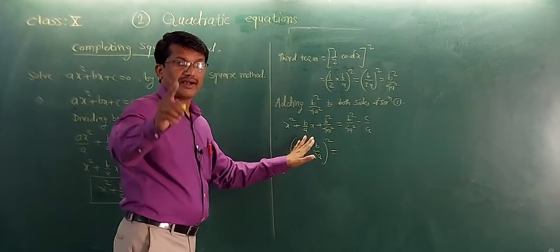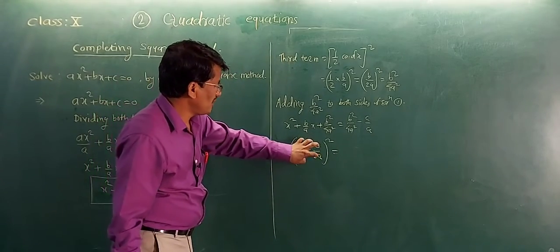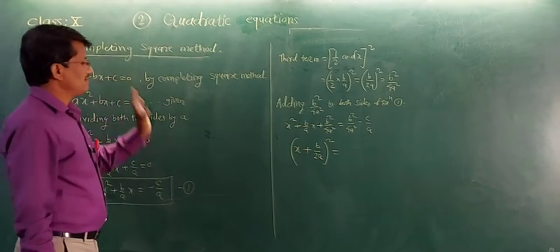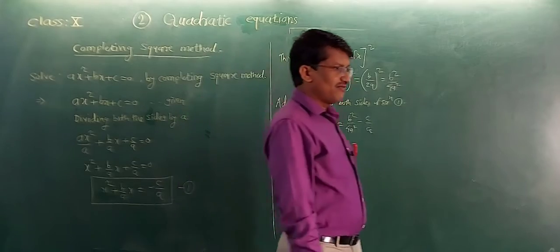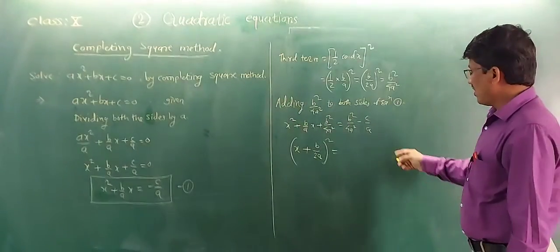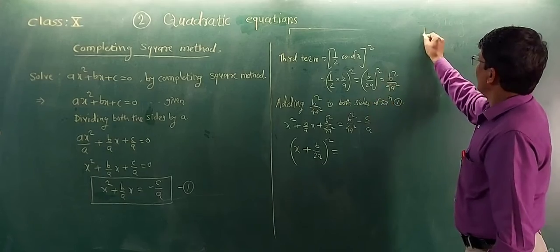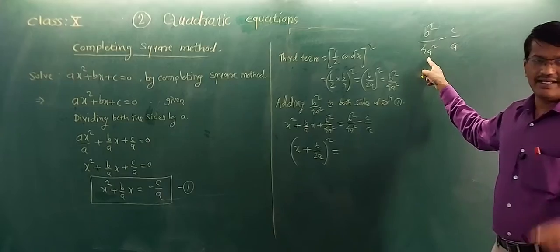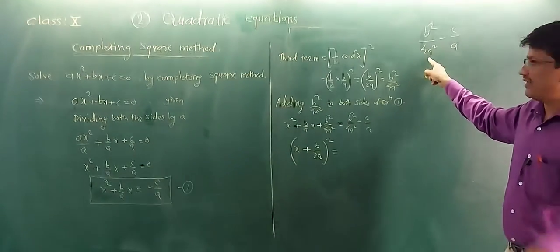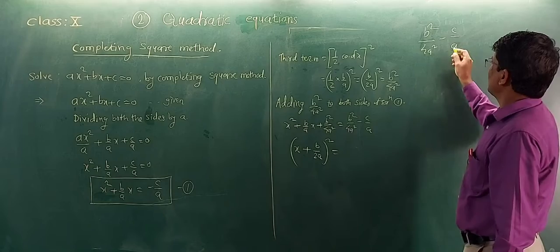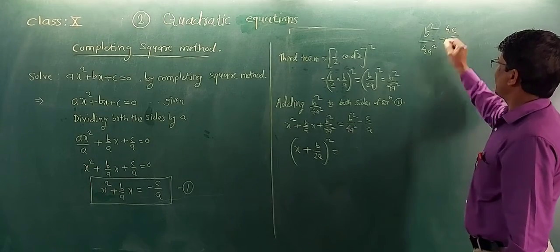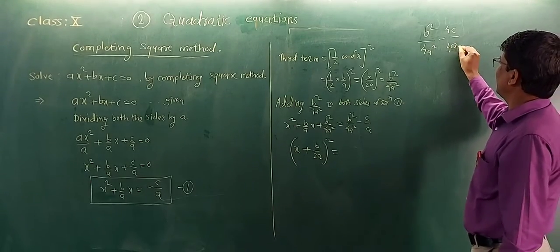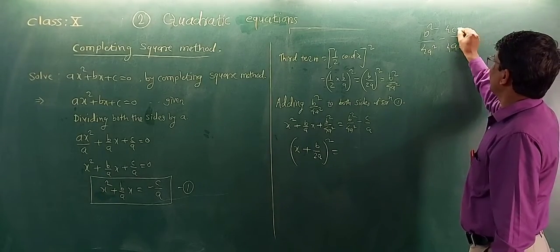Now this is a complete square. If we make the square of this, the complete square will contain all the terms, hence the method name is the completing square method. So we have to find the exact answer of the left side, and now the right side. What is here? b square upon 4a square minus c by a. The denominators are not the same, so try to make them equal. Here is a 4, here not 4, so give 4 here as well. Again not equal. a square is here, here we want a again, so give a here also.